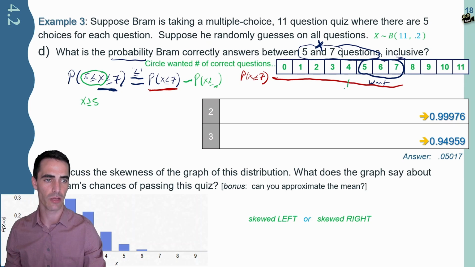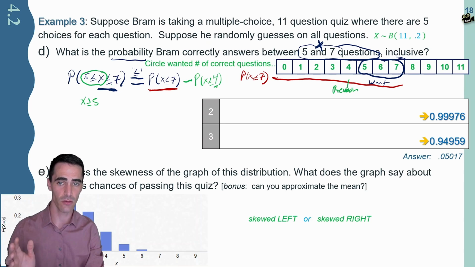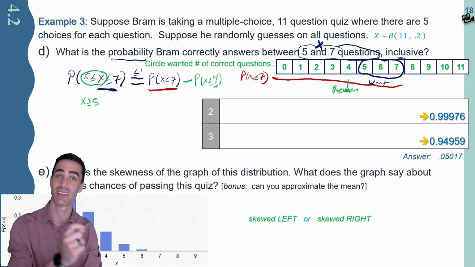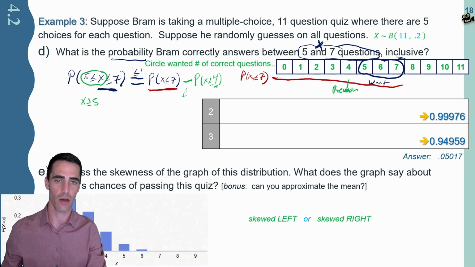We can see from the table here, what do I want to remove? I want to remove the 4, the 3, the 2, the 1, and the 0. And so I'll write here 4. So if I want to calculate that x is between 5 and 7 inclusive, I can do so by looking at the right-hand side, probability that x is less than or equal to 7. Oops, too much probability. So I'm going to minus,